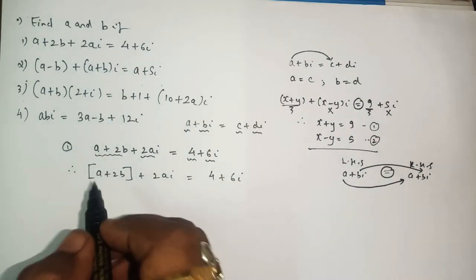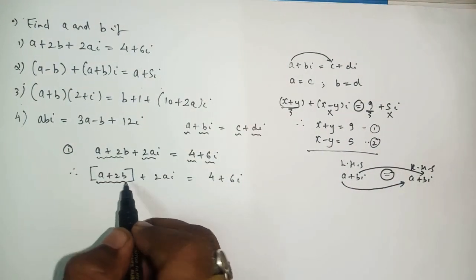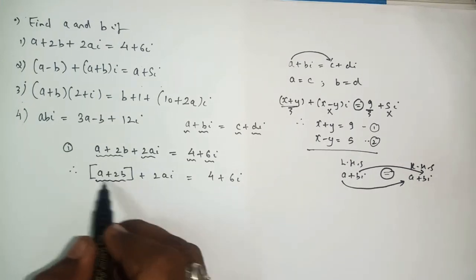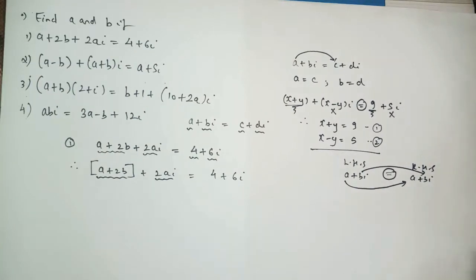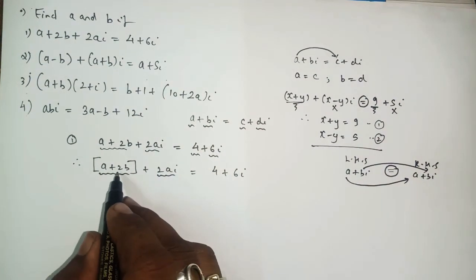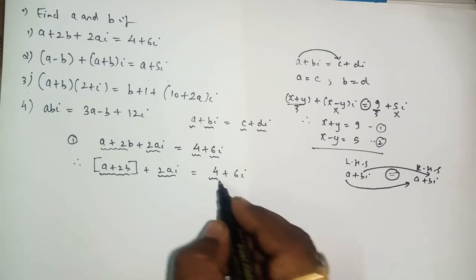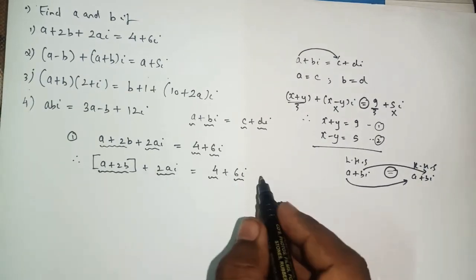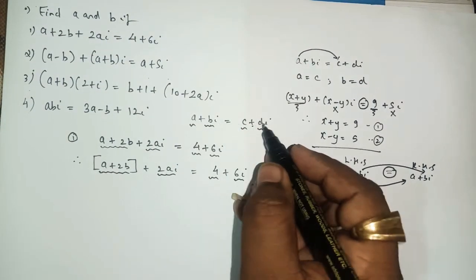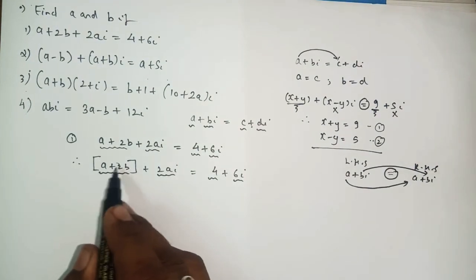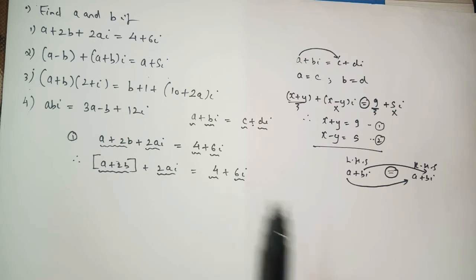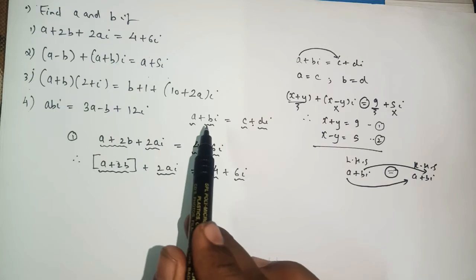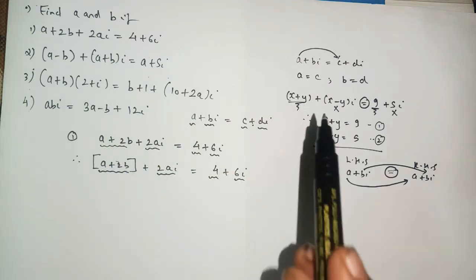Now can I say, as we took these two parts in one bracket, we can consider this whole section as one term, and this is the second term. Here also we have one term and a second term, as it looks like a plus bi equals c plus di. So we'll consider this part as a, this part as b, this part as c, and this part as d. So in simple language, you have to convert the left hand side as a plus bi and the right hand side as c plus di.